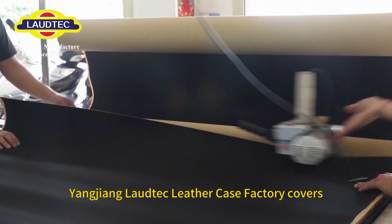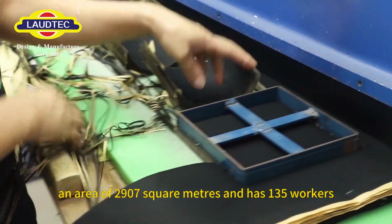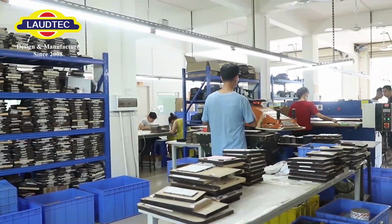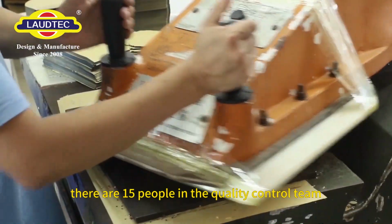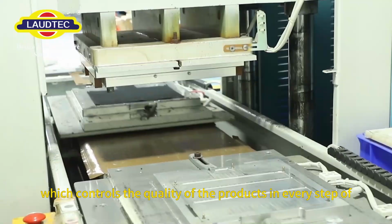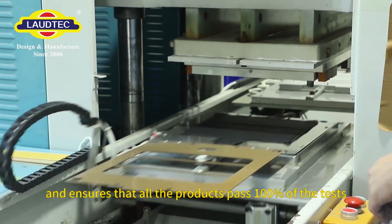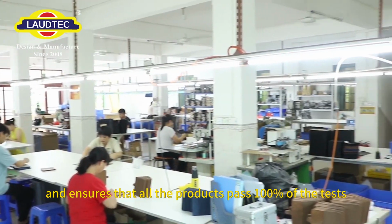Laudtec leather case factory covers an area of 2,907 square meters and has 135 workers. Among them, there are 15 people in the quality control team, which controls the quality of the products in every step of the process of raw material warehousing and production, and ensures that all the products pass 100% of the